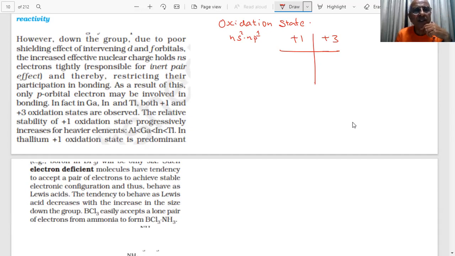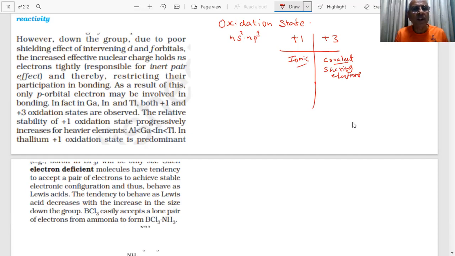The +3 oxidation state is there, but these compounds will be covalent. In +3, what will you get? Sharing of the electrons. Yes, sir. Sharing of the electrons. They will form covalent compounds. We have BCl3 and others. And in the +1 oxidation state, you will see they can mostly be ionic in nature, because removal of 1 electron does not need as much energy as removal of 3 electrons.